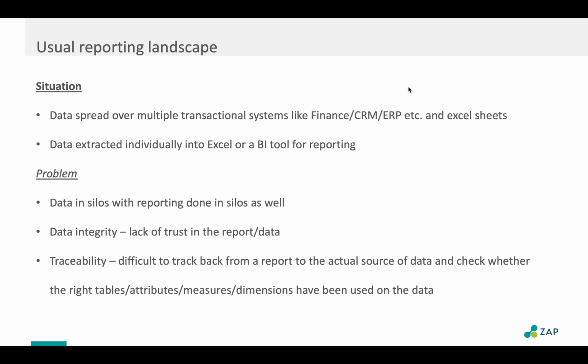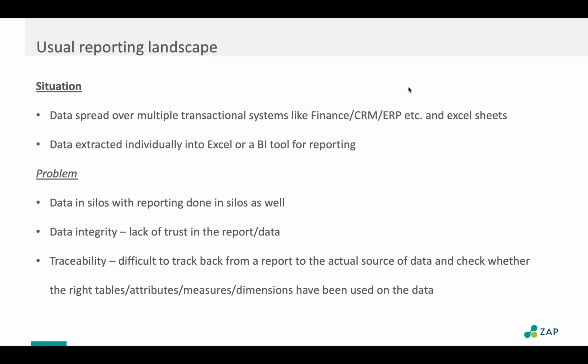What does that journey look like? What does the time spent with that prospect or customer look like? What's the valuation against that? How are we building those journeys, and how do we scale them, and so on and so forth? So data being in silos, and reporting done in silos, is obviously not great and doesn't give you the full picture. It will never give you the full picture.